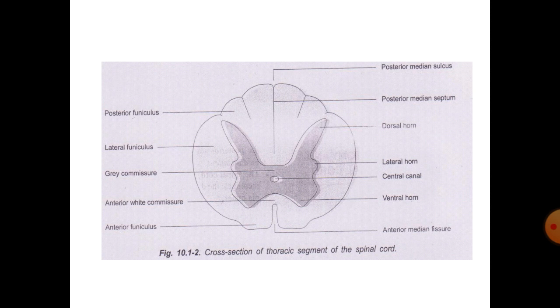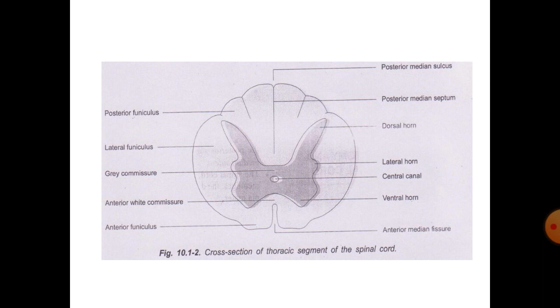This grey matter contains the nervous cells and fibers as well as blood vessels. The white matter in the anterior, lateral and posterior funiculus mainly contains the nerve fibers, that is dendrites and the axons of the cells. If you see the grey column on the anterior side or ventral side, you can see the ventral grey column. On the lateral part, there is a small lateral horn, and on the posterior horn, you can see the posterior grey column.